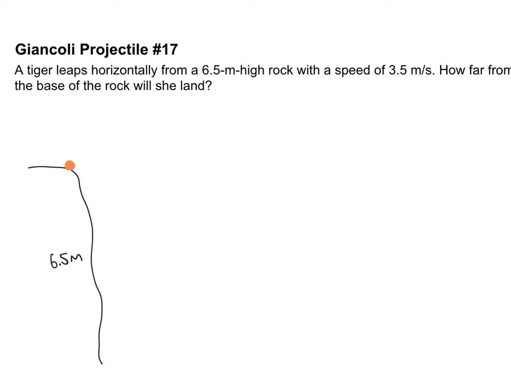So this tiger on this rock is going to leap horizontally at an initial speed of 3.5 meters per second. It's going to land somewhere at the bottom. It'll make a parabolic path. It'll land somewhere there. We're asked to find how far from the base of the rock it will land. I'll label that as an x displacement. So if we go and do the algebra, we have,